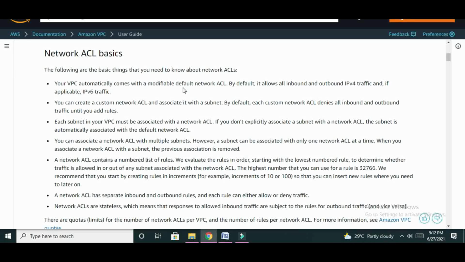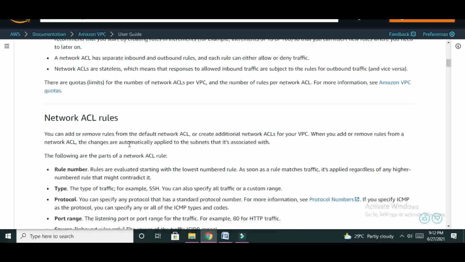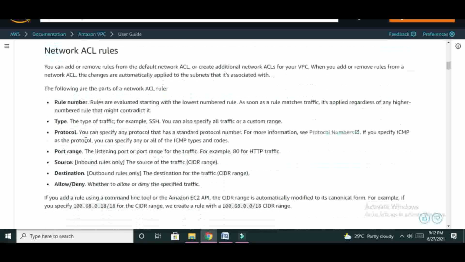So generally the VPC comes with default NACL. We can customize it, we can create our own, and associate it with the subnet. We can define the NACL rule by specifying the rule number, type, protocol, port range, source, destination, allow or deny.